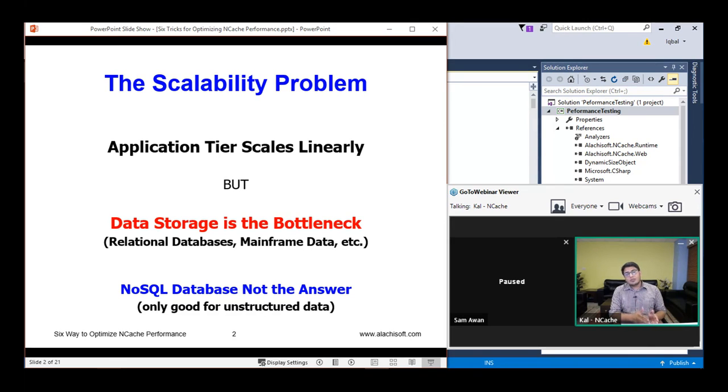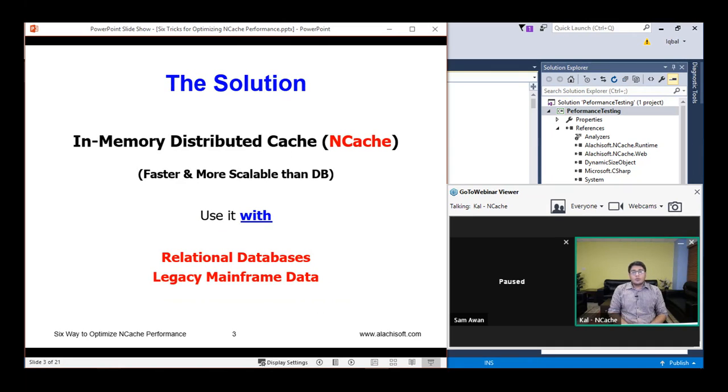So in such scenarios, organizations tend to move towards a NoSQL database, but that's not the optimum approach at this point, because that requires a whole architectural change, not just within your application, but also within your actual data to make them compatible with each other. So in such scenarios, an optimum approach would be an in-memory distributed cache, such as Encash, which is faster and more scalable, because everything is placed within the memory. If we compare it to a database, in that case it was present on the disk. So now you have everything present within the memory.